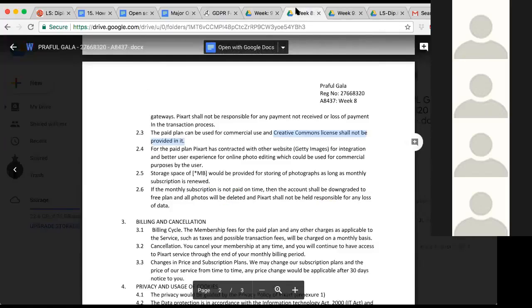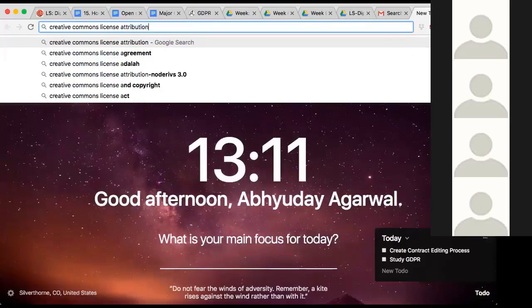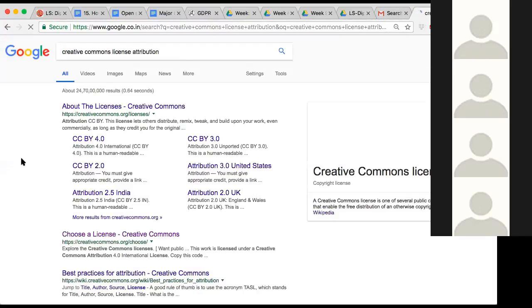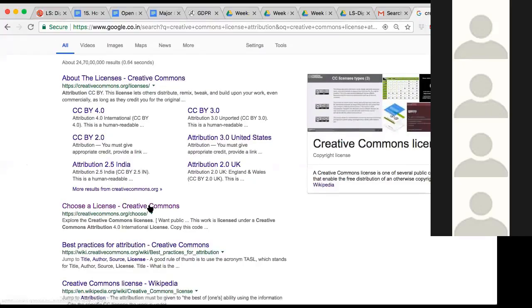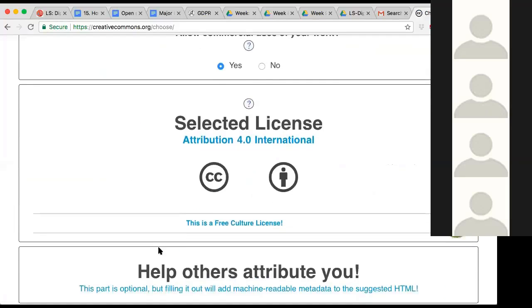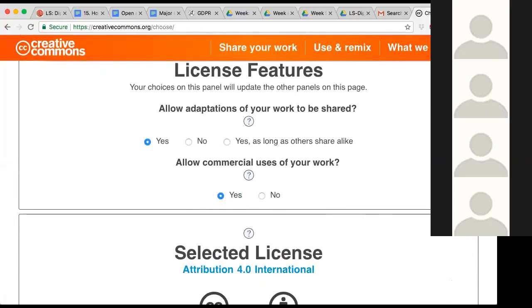okay, you did not have the Creative Commons license generator with you. There is a Creative Commons link for attribution of licenses. I'm just doing that on my screen and showing you. Okay. That link enables you to choose the version of the Creative Commons license that you are creating. So Creative Commons has multiple categories. You can monetize it, you may not monetize it. You can do a variety of things. So here it is. Okay. Let me move this so that you can see. So you can see this site,